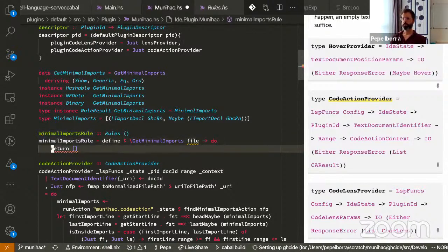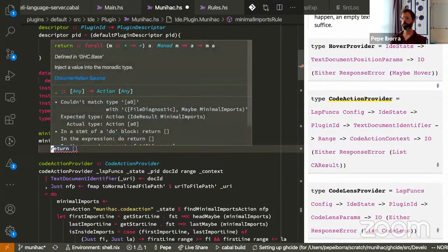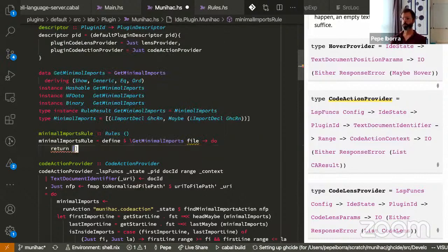Okay, so let's take a look at this. Right, so the rule needs to return a tuple containing found diagnostics, and then maybe, if the computation was successful, the minimal imports. So we already know we're not going to return any diagnostics, because if you read